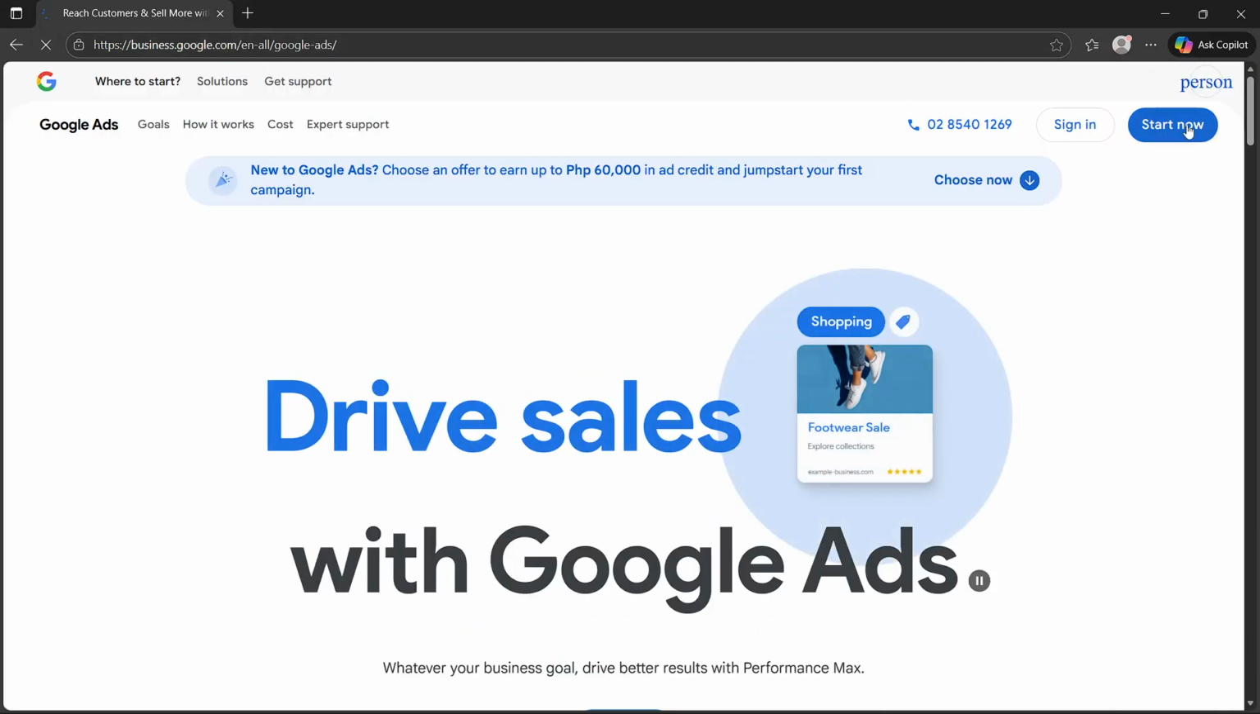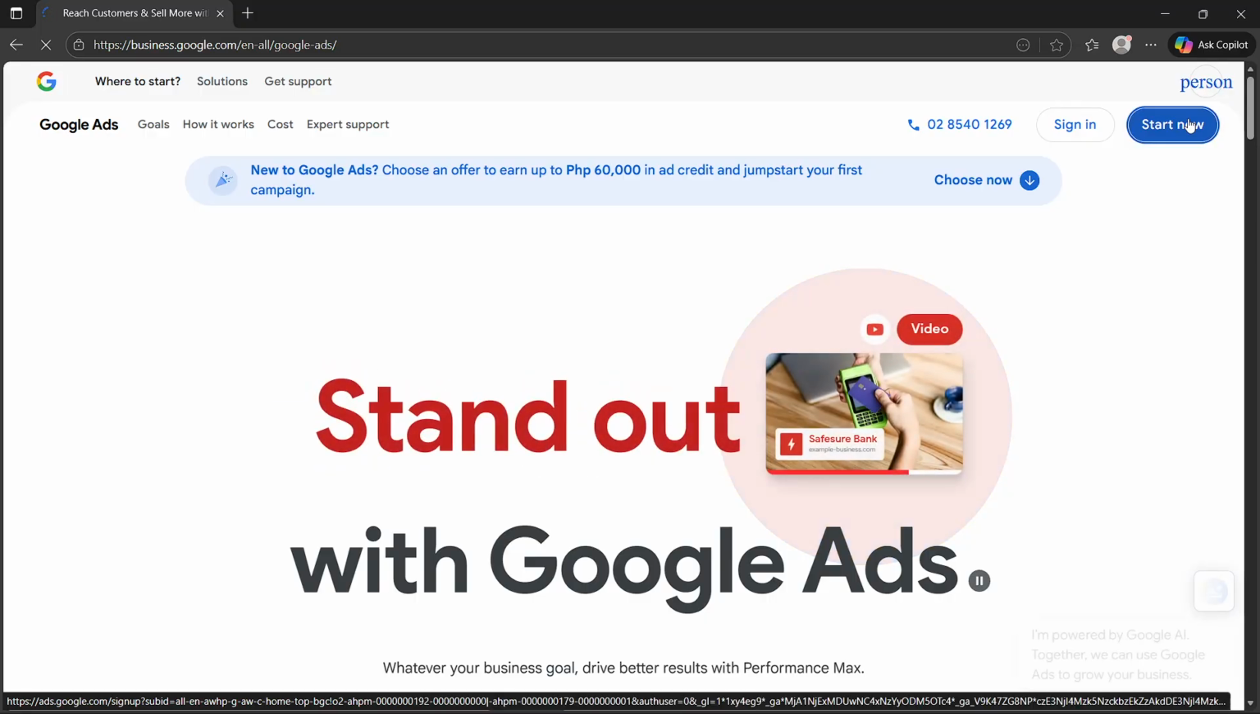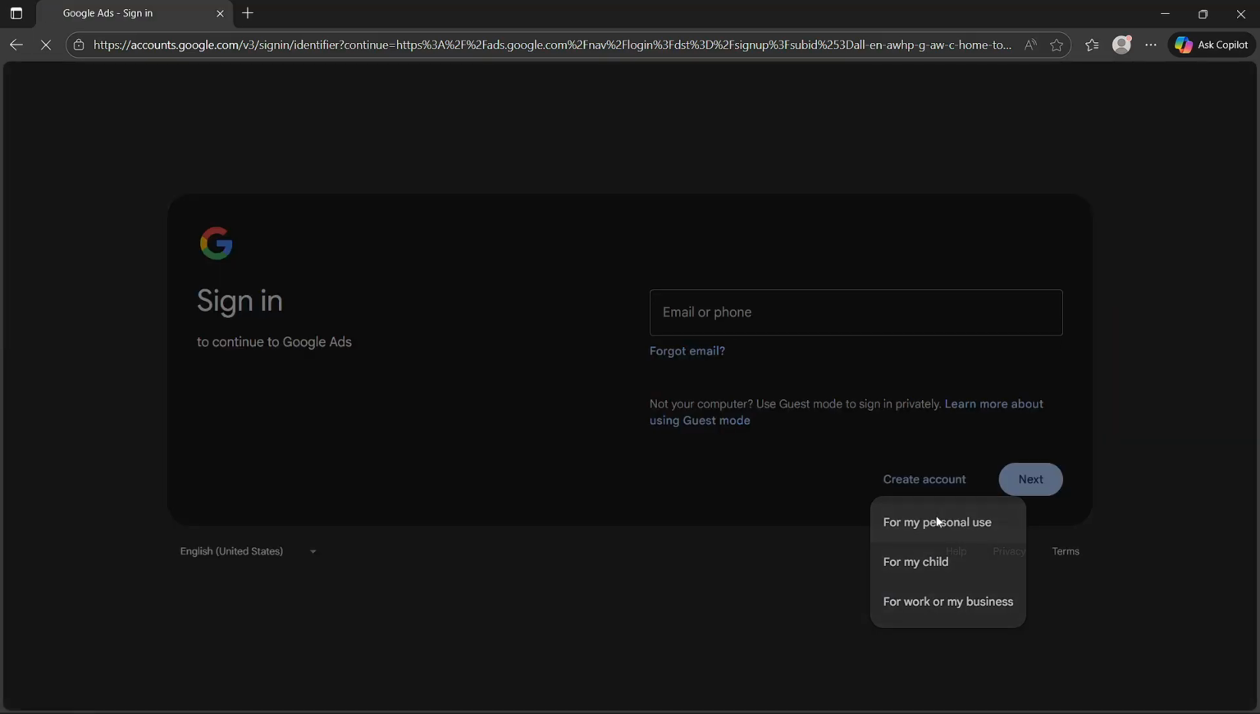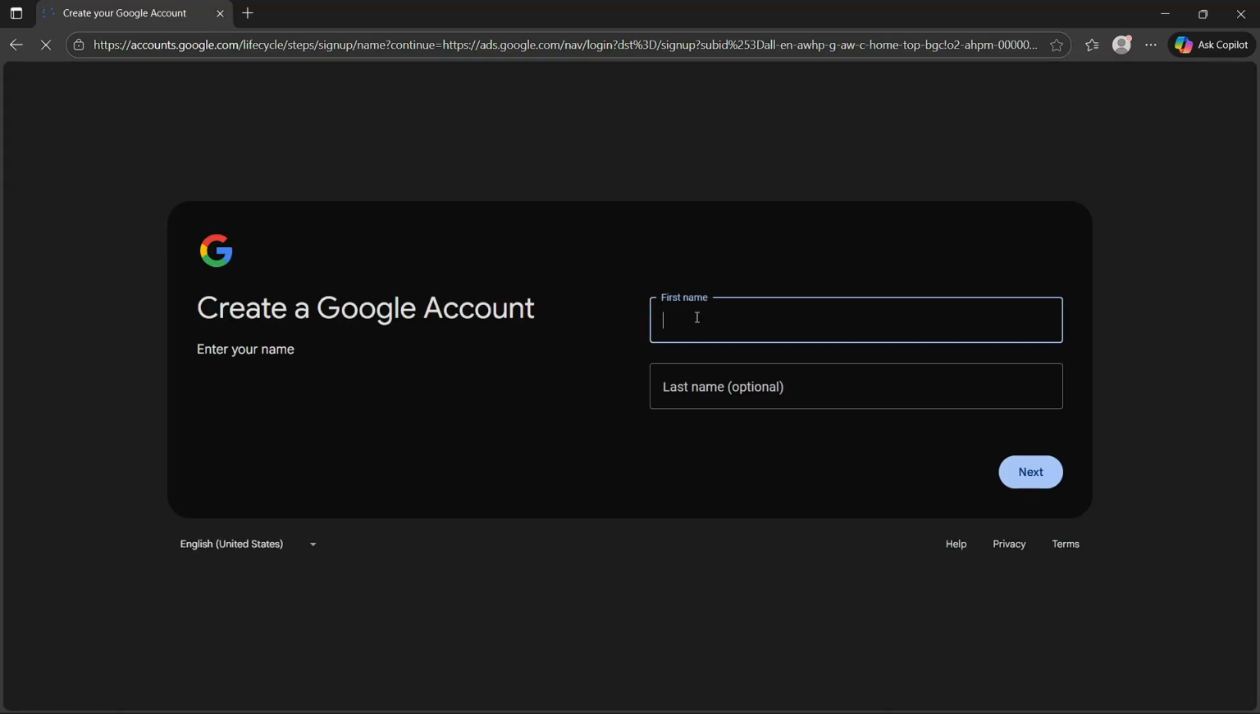And once you're here, you will have to click this Start now button, that blue button right there on the top right. And then what you will have to do is sign in with your Google account, or you can create a new one either for your work, for your personal use or whatsoever. So just go ahead and fill that out, and then after you sign into your account,